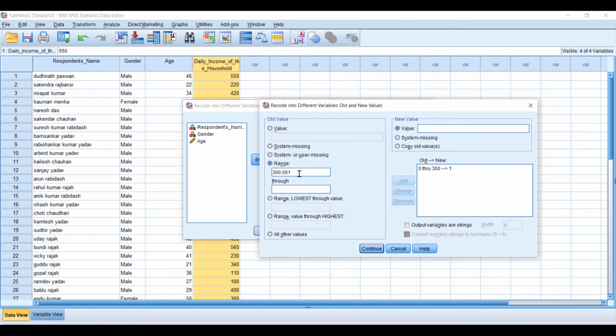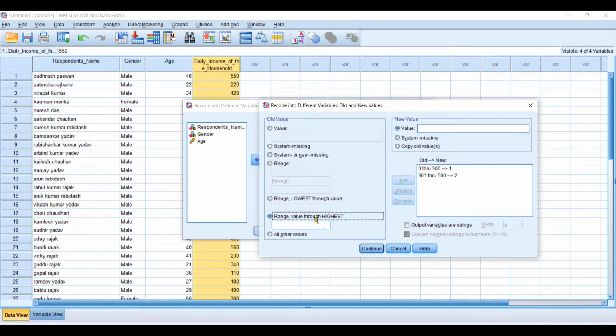So just to avoid the duplicacy, you have to start your next range from either 300.001 or 301. So your highest range will go up to 500. Again, you have to write the new value and then you have to press add.